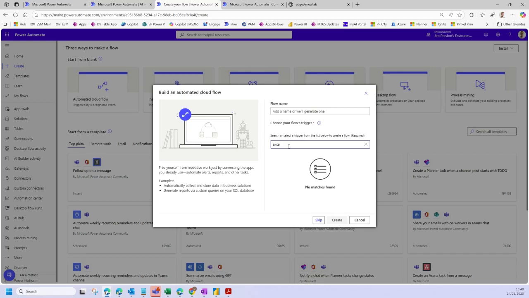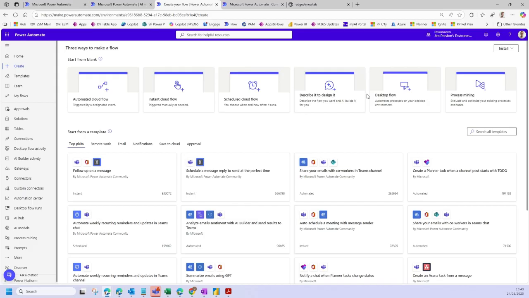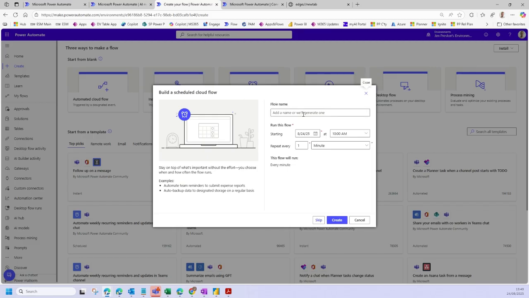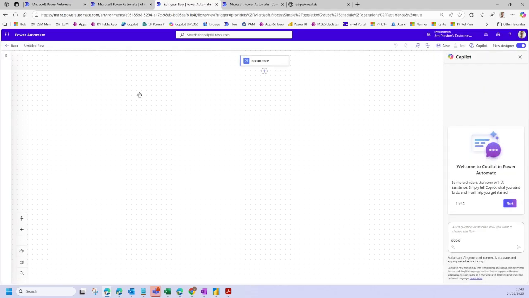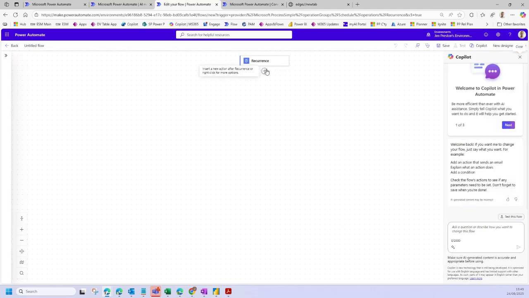because you don't really see Excel as a data source that's stable enough for this. But I don't know if you were to use maybe SharePoint lists or something like that, when an item is created there. It has its own kind of native database, so it's called Dataverse, and when a row is added there. If you wanted to though get an alert using an Excel file, then you can use a scheduled cloud flow, and you can just run that once an hour or once a day, and it can then just point to your Excel table,